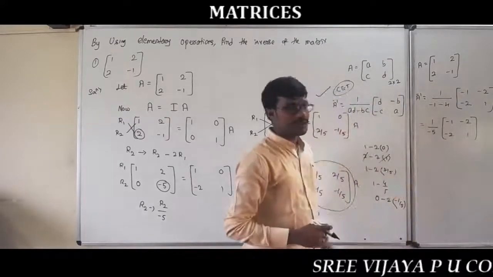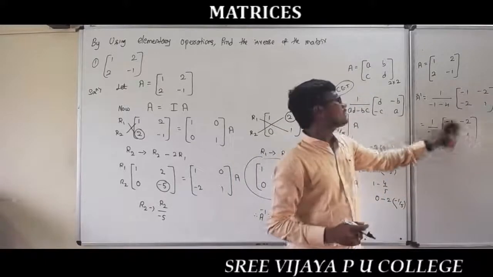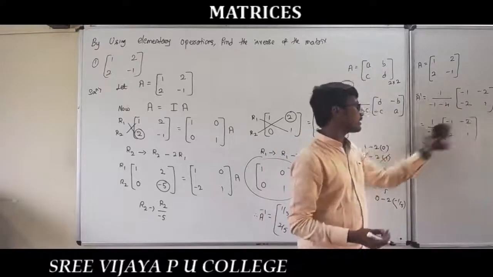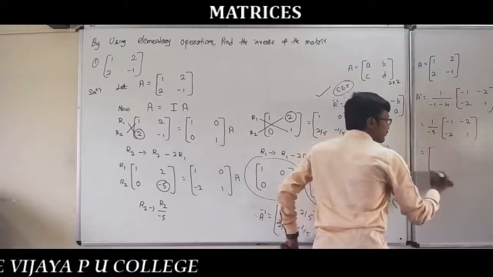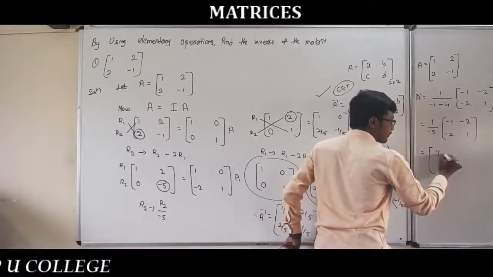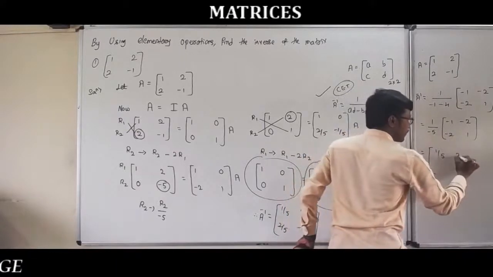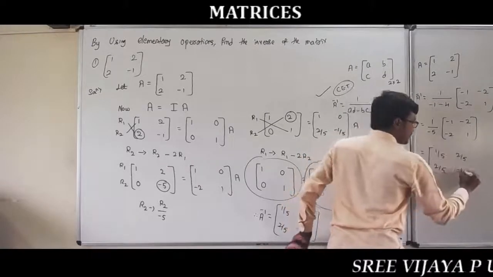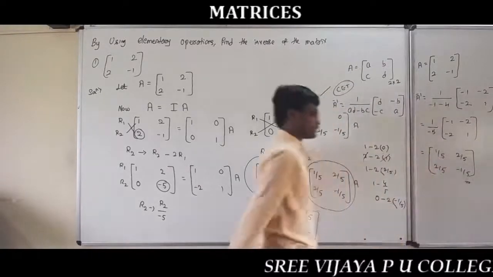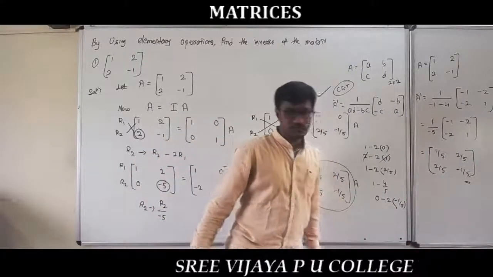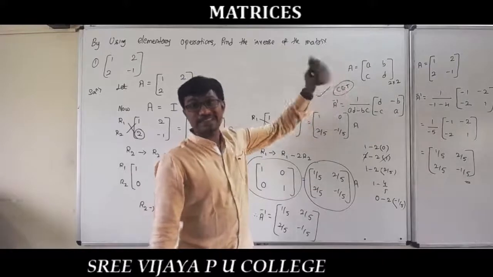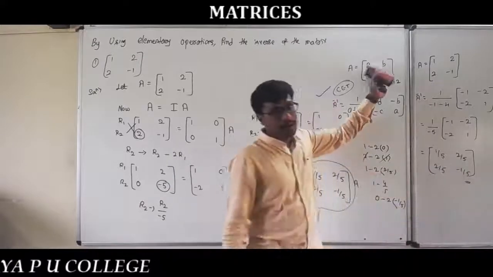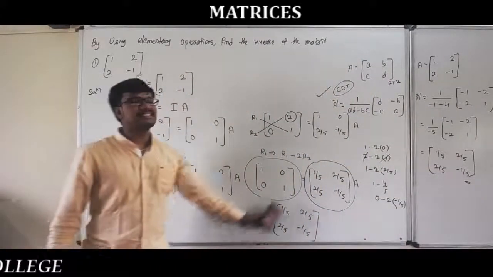So 1 by minus 5 means you can multiply all the elements of the matrix by 1 by minus 5, or you can divide all the elements of the matrix by minus 5. Minus 1 divided by minus 5 is 1 by 5, minus 2 by minus 5 is 2 by 5, minus 2 divided by minus 5 is 2 by 5, and 1 by minus 5 is minus 1 by 5. So this is the matrix. Both are the same, right? This shortcut is only for the CD purpose, not for the TD purpose. Without solving the whole problem, you can do the CD, but in the TD, you have to do all these steps.